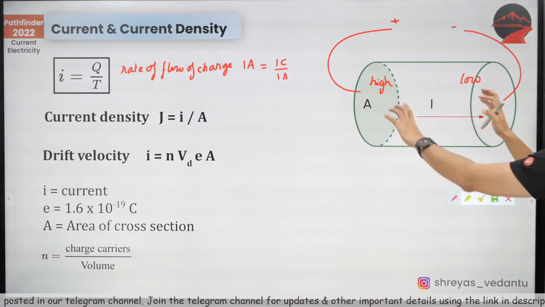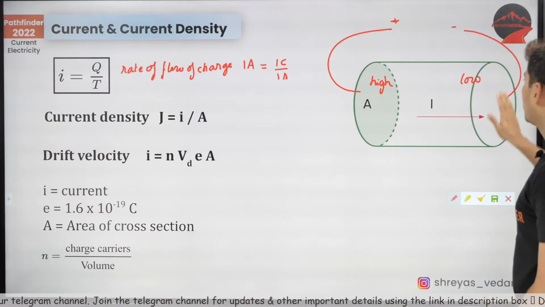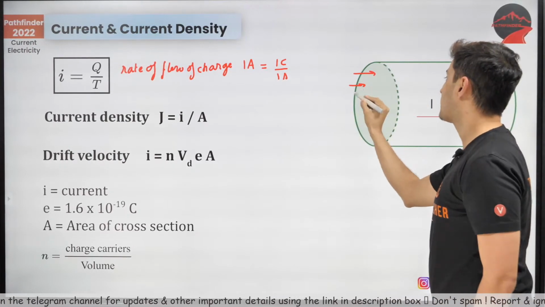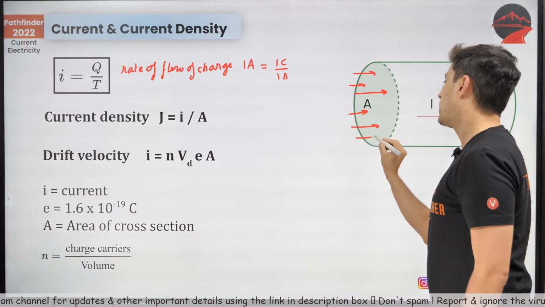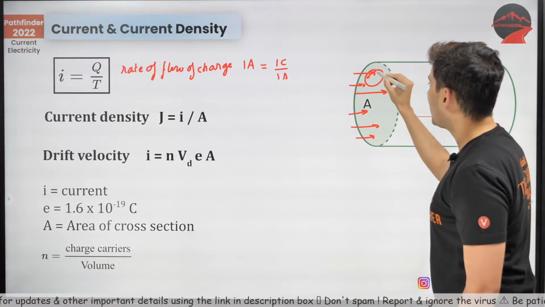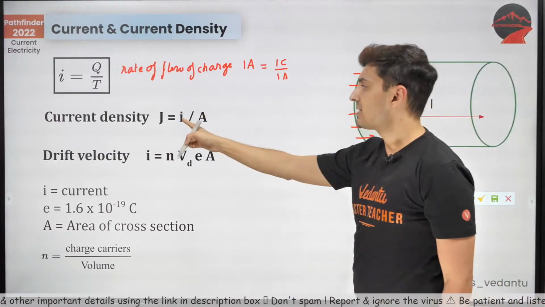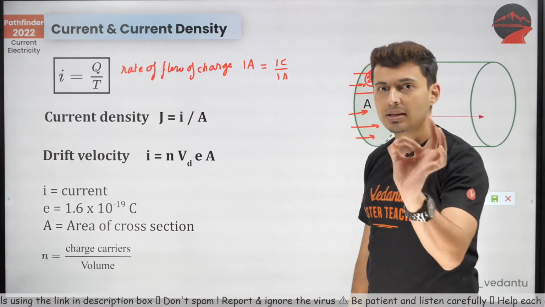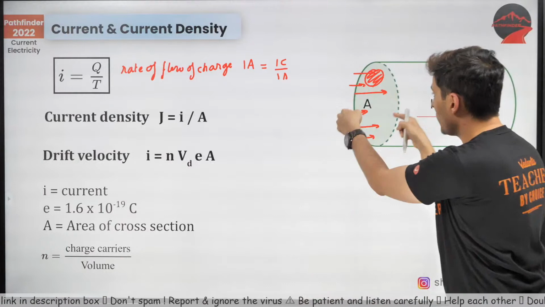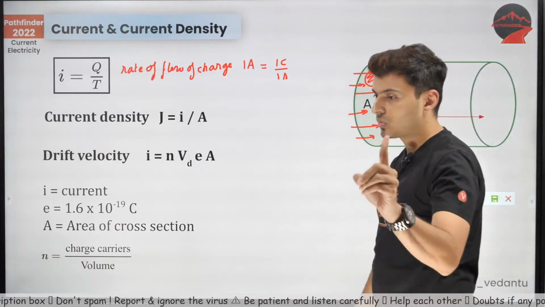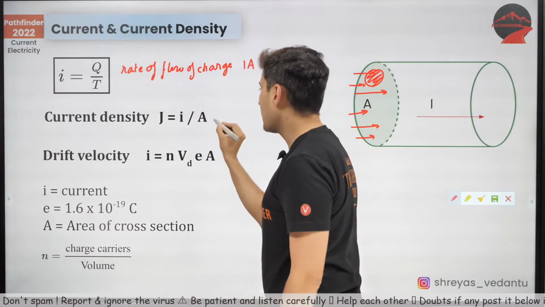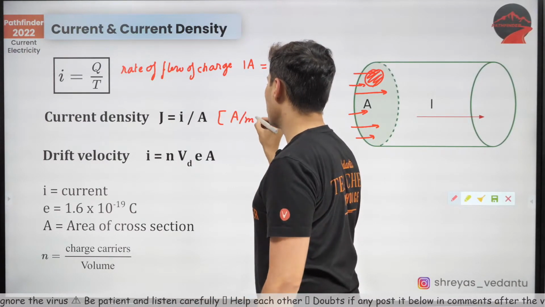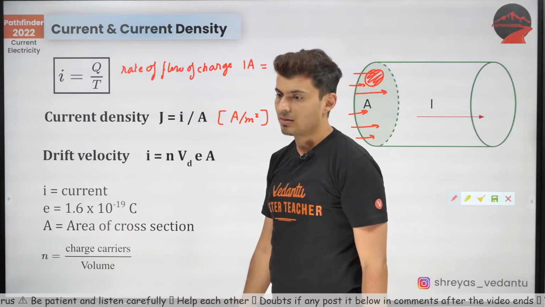Now, this current will be passing through a cross section. You can see that the current is nothing but passing through a cross section. How much current is flowing per unit area? That is called current density. You can see that. Current density is current per unit cross section through which it is cutting through. So very important, J is I by A. So the unit will be ampere per meter square. Okay, keep this in mind.